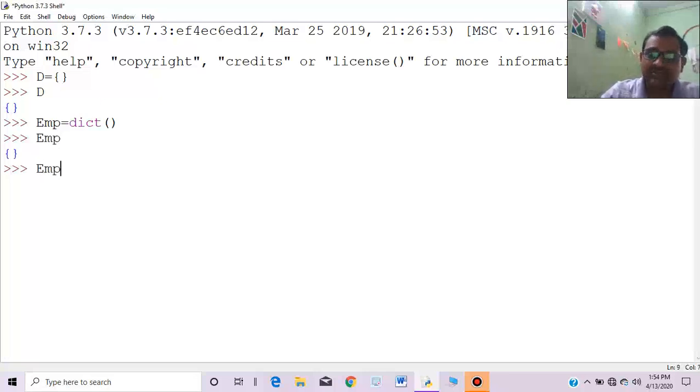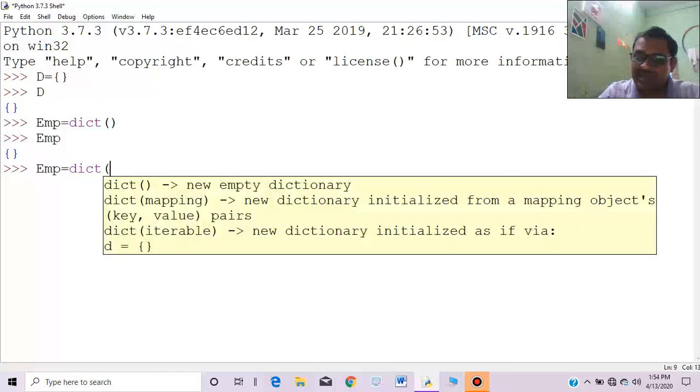Moreover, if I am using dict like this, suppose name is equal to aa. One field is this, another field is salary. Salary is equal to 10,000, and age is equal to suppose 20.